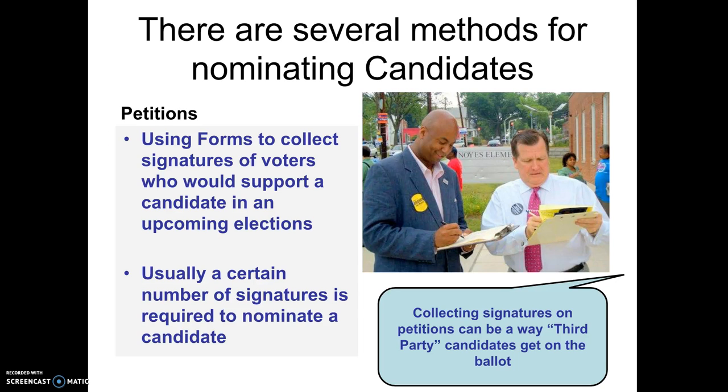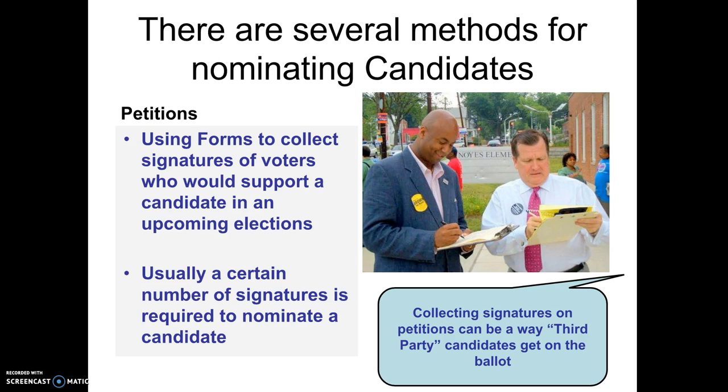There's an additional way that candidates can get themselves nominated. Third-party candidates will oftentimes use petitions. The rules of the game state that if you want to get yourself nominated and on the ballot for a presidential election or any other election, typically you have to be able to prove that you have a certain amount of support from the people, from the voters. So oftentimes people will use petitions to go out and collect signatures from likely voters